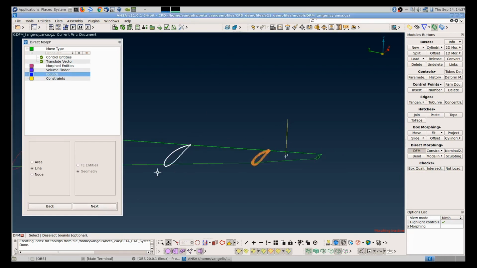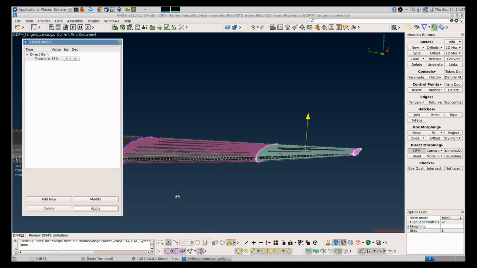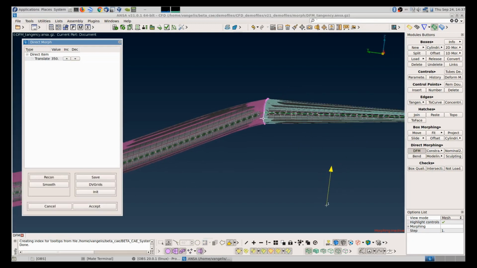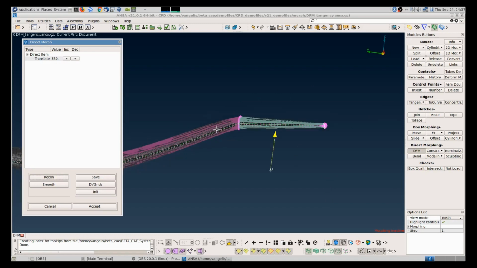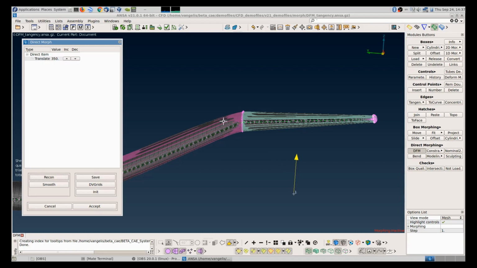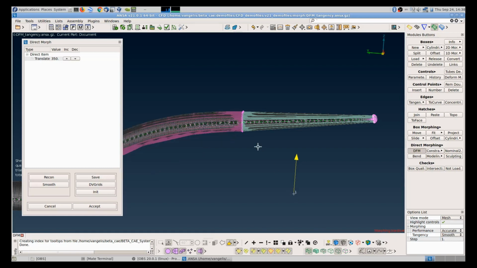And this will be the bound. This area will be frozen. By default, you will notice that when this deformation is applied, there is some sort of discontinuity between the rigid body and the deformed. There may be cases where we want that, but there may be cases where we would like to have a continuous shape. In this case, we can go to the options list and switch from fast to accurate and tangency to smooth. And this will give us a nice smooth shape.